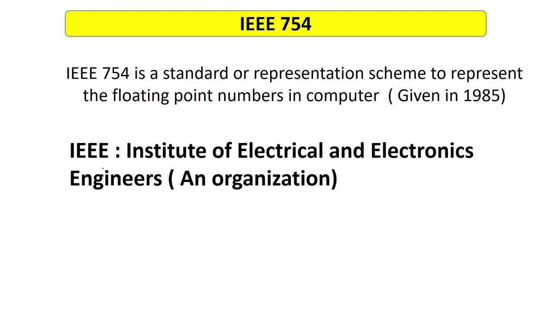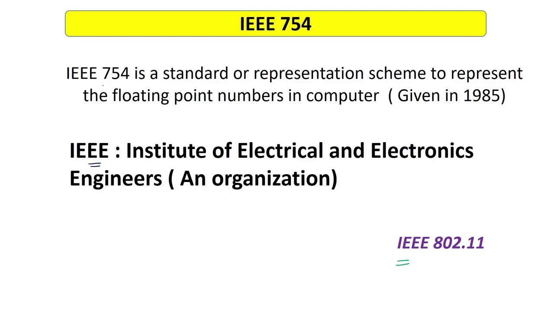Before going further, let me tell you, IEEE is basically an organization known as the Institute of Electrical and Electronics Engineers. This organization publishes many scientific journals, and it also proposes various standards. For example, in computer networks, there is a protocol for Wi-Fi, that is IEEE 802.11, which tells how the connectivity between various computers will take place when they are connected by Wi-Fi, or how the transmission of packets will take place. There are many other protocols which are also made by the IEEE.